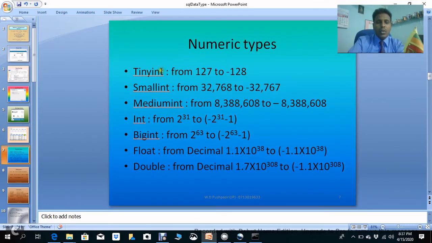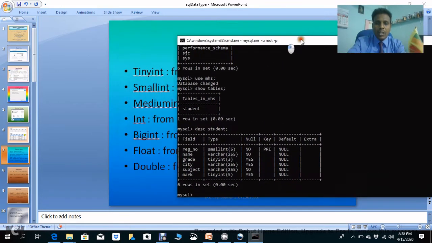When I'm going to create a table, now tinyint means a number, numeric type. If you are using numeric types, these types of numeric types are available. So we have to use the right type, right? And for example, in this database here, you get it